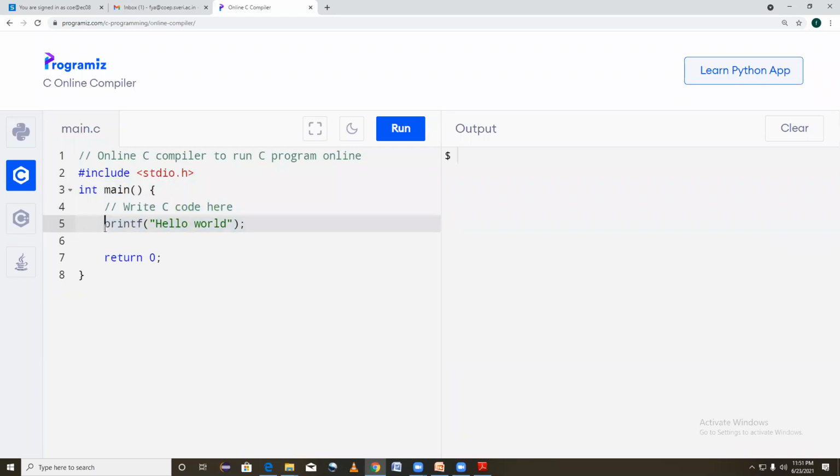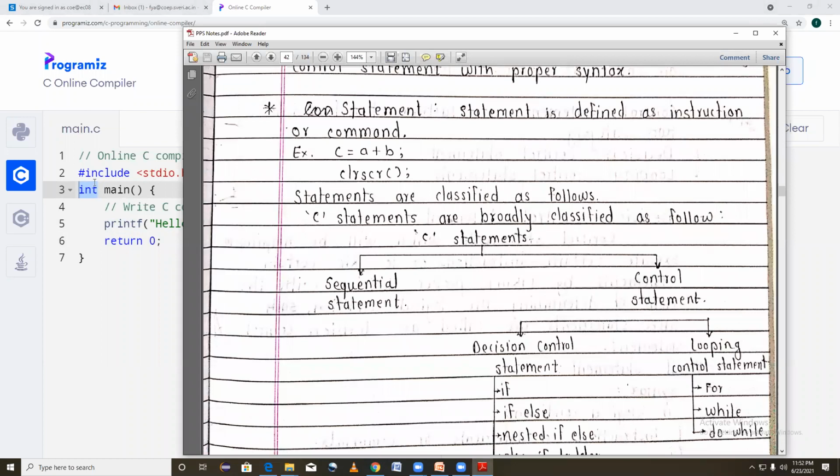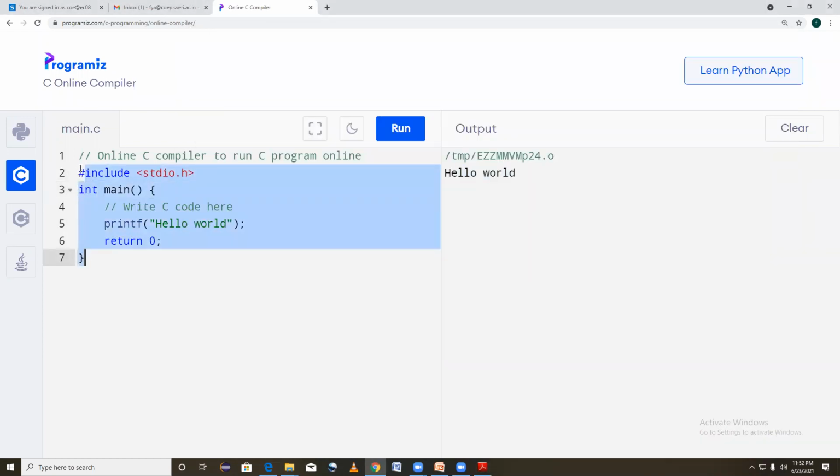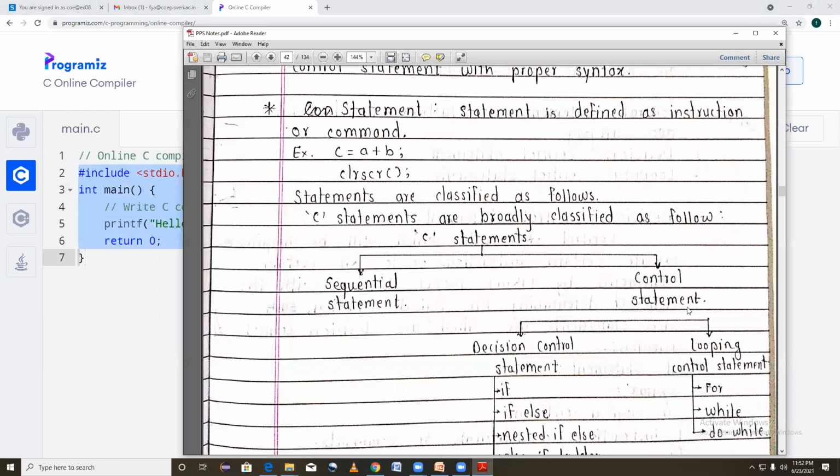It will recognize printf. The definition of printf is in the standard input output header file. The printf function is used to display the output. As per the syntax, it will display hello world on the screen. As I have mentioned, the function main with integer type is returning 0 value, and if I click here, it will print hello world. So this we call a sequential statement. It executes in a sequential way, and we also call it procedural.